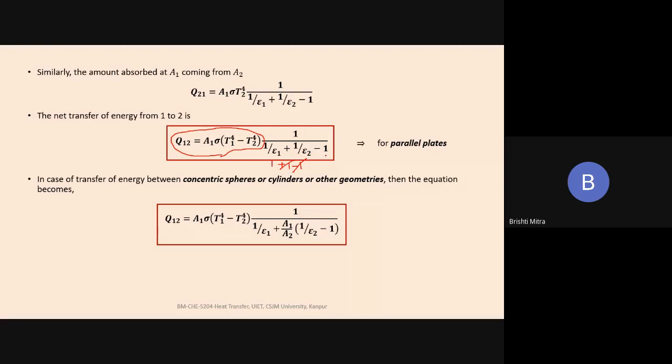But not everything will be two parallel plates. That's the simplest geometry possible. So suppose there are other geometries. Suppose we have two concentric spheres or cylinders. So two concentric spheres means, sorry,